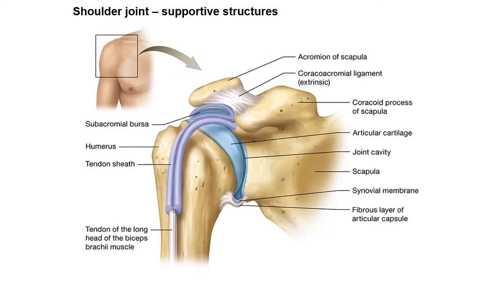Shoulder joint, you have several structures here. So you have the tendon of the long head of the biceps brachii muscle. So there's your biceps muscle, and you have a tendon that comes all the way up here. So this is the tendon. This right here, the blue part, is the tendon sheath. So there's a sheath around a tendon, and the sheath is like a bursa. So there's liquid on the inside. So there's basically synovial fluid on the inside, so the tendon can slide back and forth and doesn't rub against